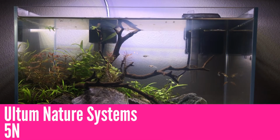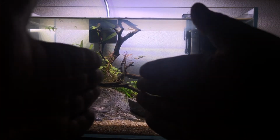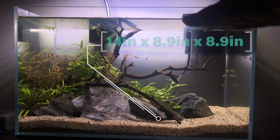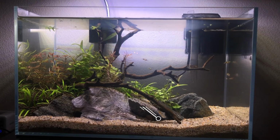So this is the UNS 5N made by Ultum Nature Systems. Completely rimless. I forget the clarity or whatever, but it's a nice tank. It's 14 inches wide, a little bit shy of 9 inches in height, and 9 inches in depth. So it's a small little tank. It's considered a 4-gallon tank, right there almost with the 5 gallon. The 5 gallon's a little bit wider, but I really like this tank more than a 5 gallon regular rim